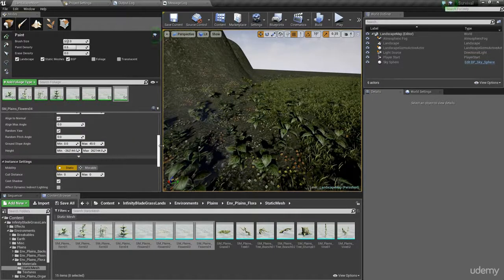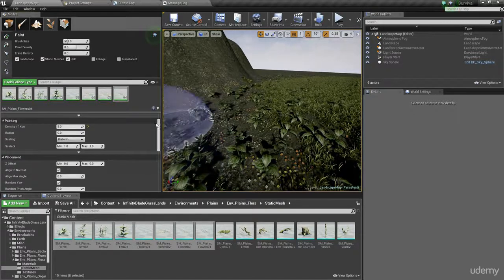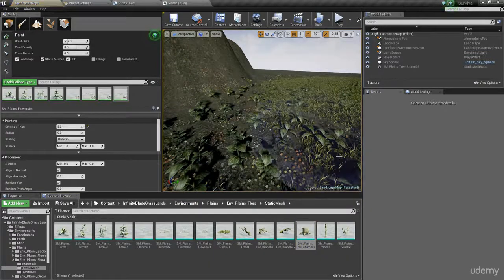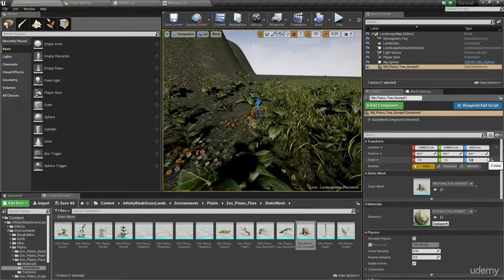These can be done on a per system level as well, so you can set up certain graphical settings to remove foliage more abruptly than other machines. The final thing that I want to go through is at the very top here. So at the moment this has been told Landscape, Static Mesh, BSP, which means that if I was to drop a mesh into the game itself, so if I was to get this mesh for instance and make it quite large,